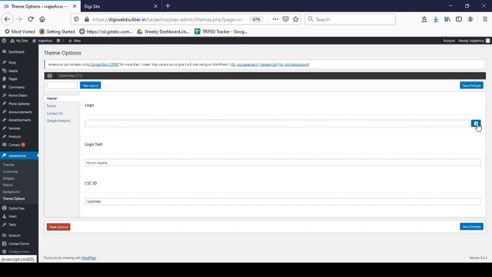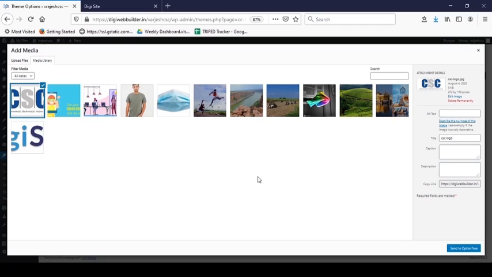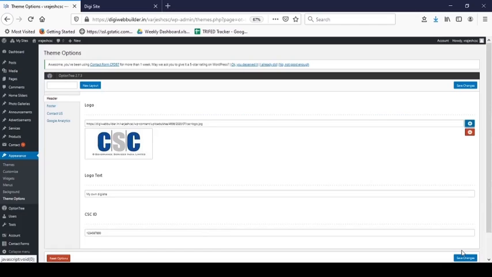To add the new logo, click on Add Media. You can select File from your computer. Click on Send to Option Tree.